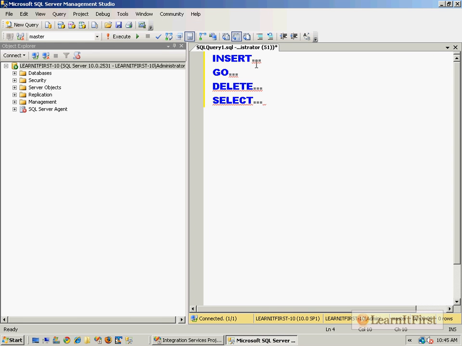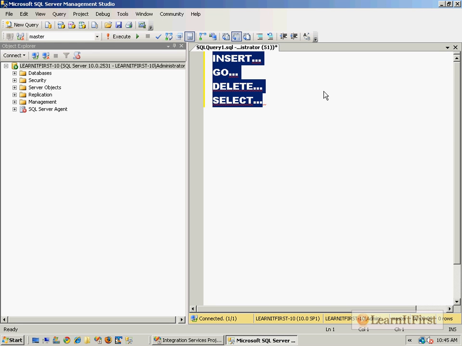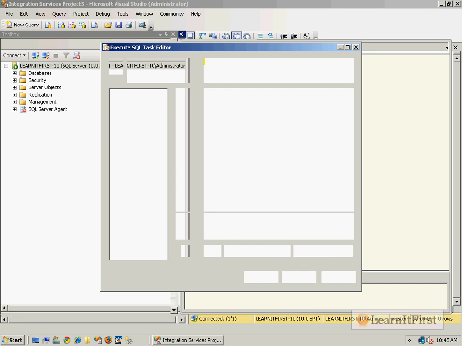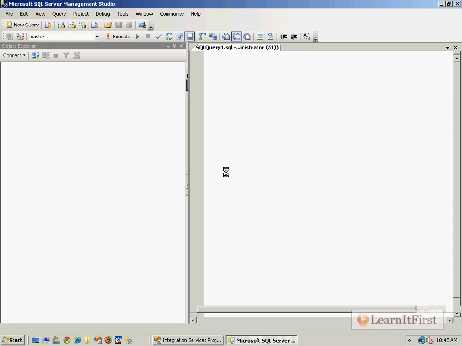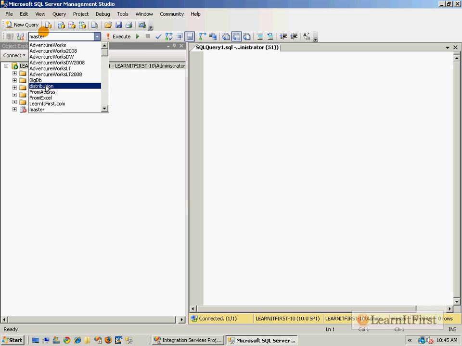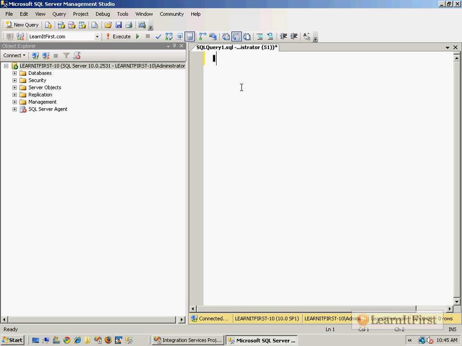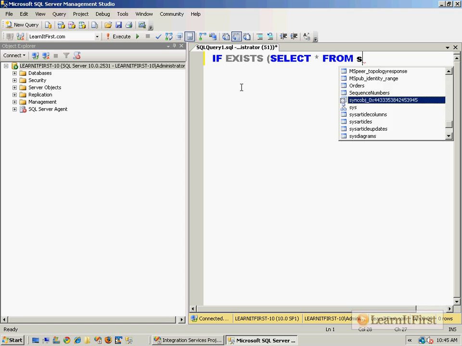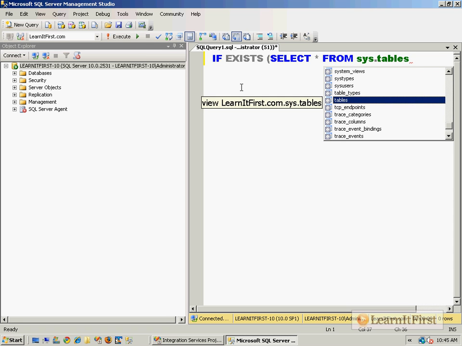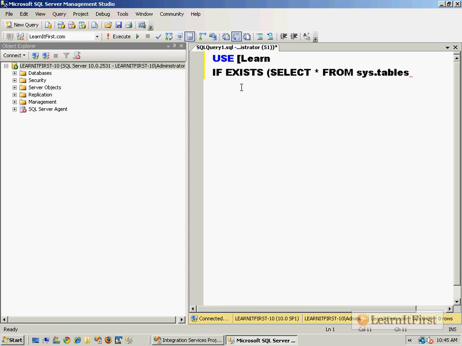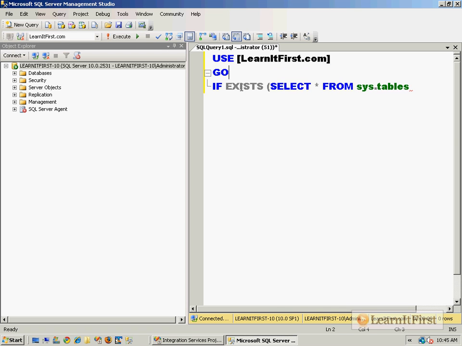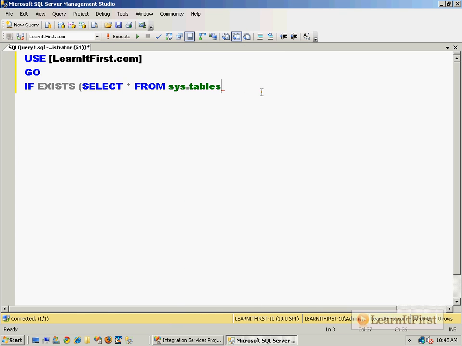I'm going to go back to the Management Studio, or in case you didn't see that from a previous video, I'm going to launch the Management Studio, log in, and I'm going to write a fairly decent statement. So if exists, select all from sys.tables, and here's what I'll do. I'll use learnitfirst.com. I hit Ctrl+Space to let it finish the autocomplete there. Where name equals customers,